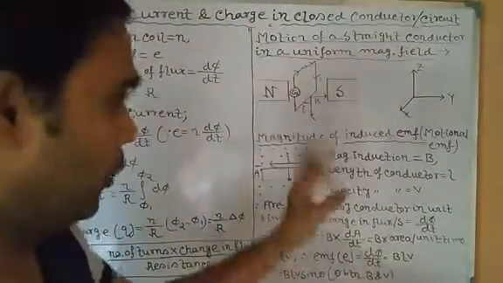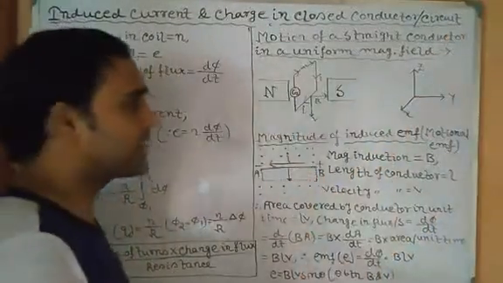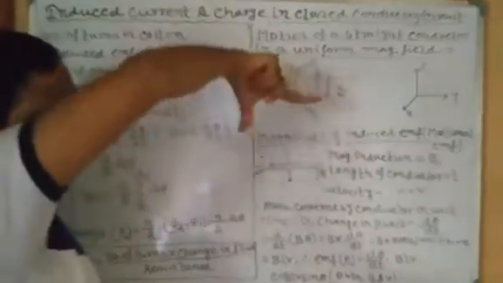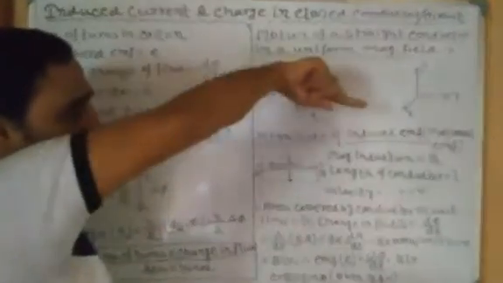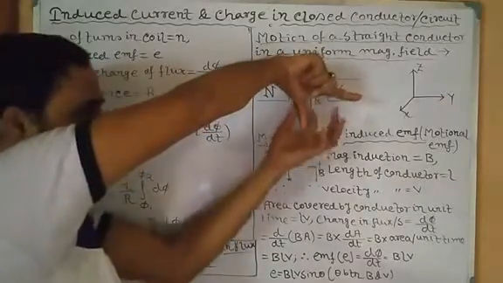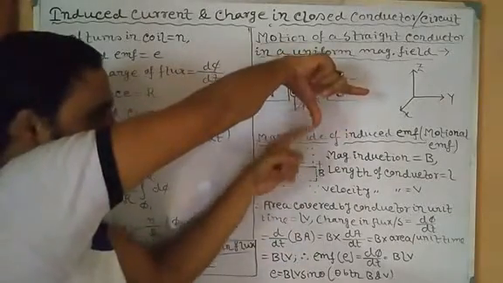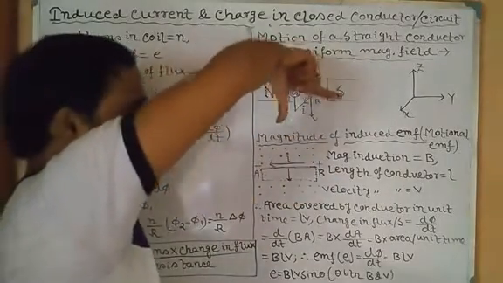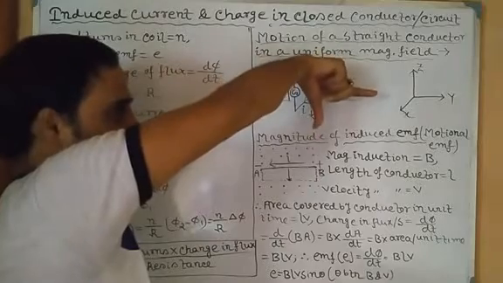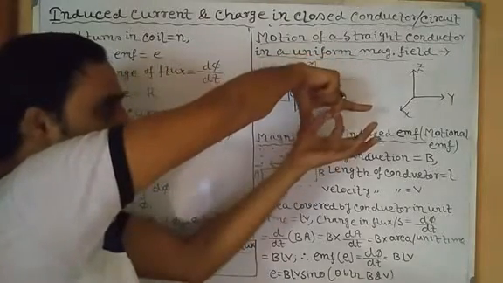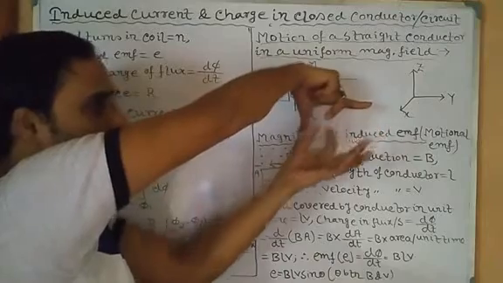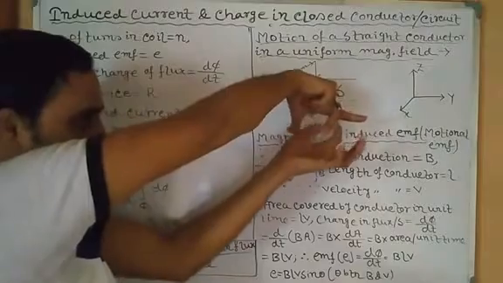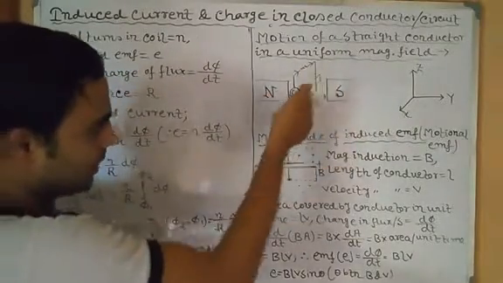So suppose the conductor is moved in the downward direction. In which direction will the current flow? It can be easily explained through Fleming's right hand rule. This is the direction. The index finger indicates the direction of the magnetic field. The right hand thumb is towards the velocity or the force acting on the conductor's motion. So the magnetic field is in this direction, and the motion of the conductor is in the downward direction. So the middle finger will obviously indicate the direction of the induced current. You can see in which direction it is acting, which is nothing but here, indicated by arrow I.